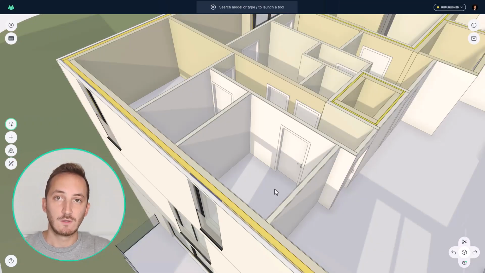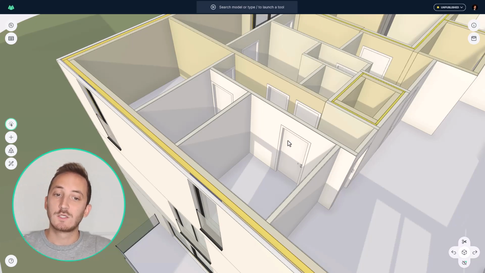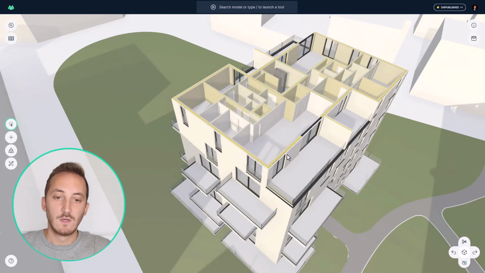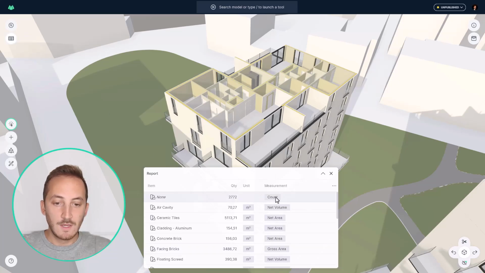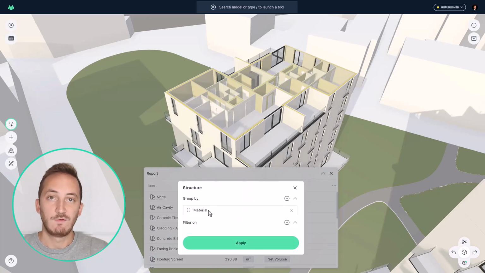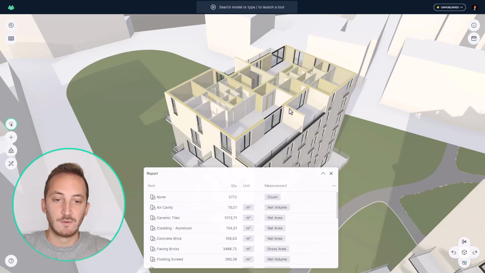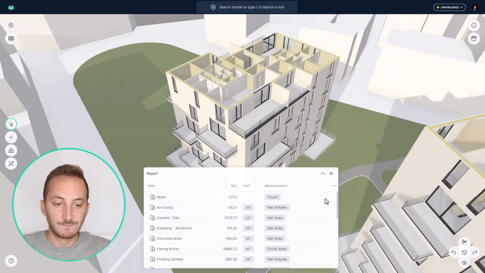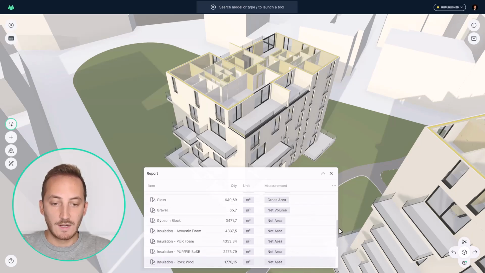Once you've prepared the model and you've made the necessary modifications, you can calculate some quantities and actually generate a report from the model. Typically, you'll use the report panel for that. So the report panel can be structured in any way you want it. In this case, I have structured it to just group everything by physical material and simply show me the quantities per material. So for example, I can see all the materials used in my model, and I can see per